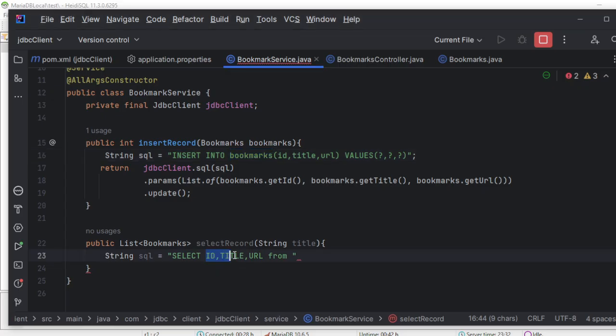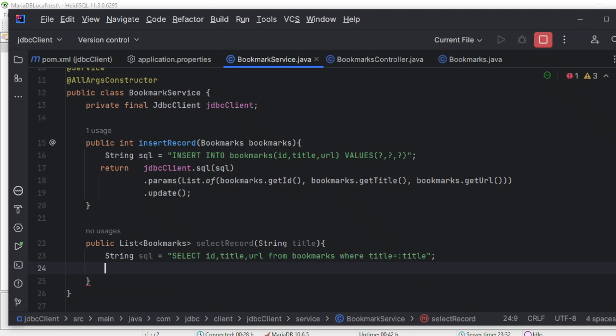Okay, let's go with the same pattern we have given. ID, title, URL from table name bookmarks, where title is equal to, no, you can keep something called like this. Okay, here